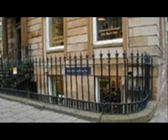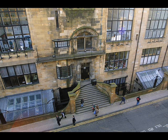From the Glasgow Boys to the Glasgow Girls and Scottish Colourists, the city has a long connection with the development of artistic genre. Charles Rennie Mackintosh was largely responsible for the Glasgow Style, and his influence can be seen all over the city. Born in 1868, he met his wife Margaret whilst studying at the Glasgow School of Art, who with her sister Frances and Herbert McNair became known as the Four,